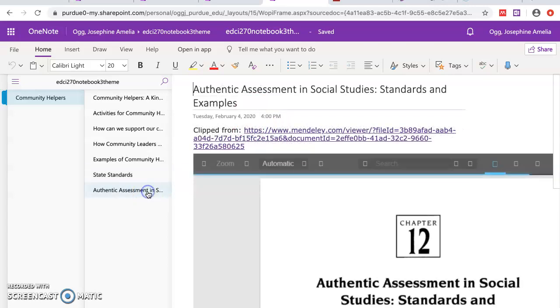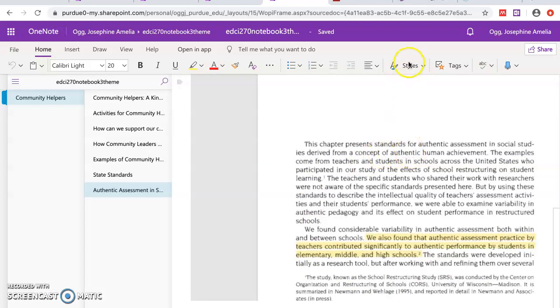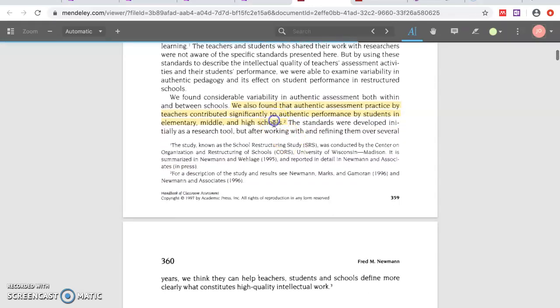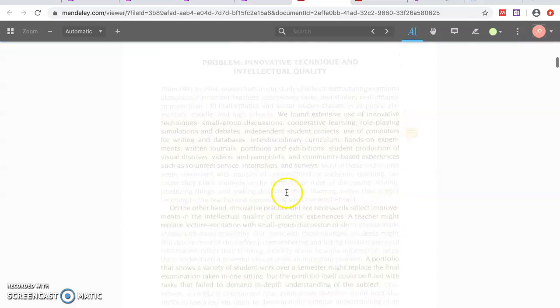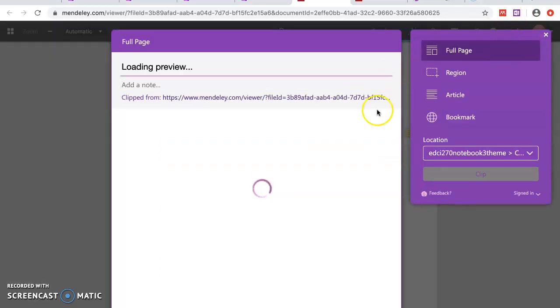And then right here, of course, I have a clipped article that helped me research standards and assessments for social studies standards. So within that, I clicked on the hyperlink within Mendeley and I made my highlights and my notes. And right here, I just click the OneNote button for clipping the article, and you can see that it clipped right here in my